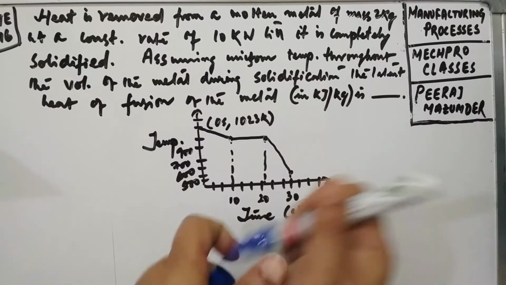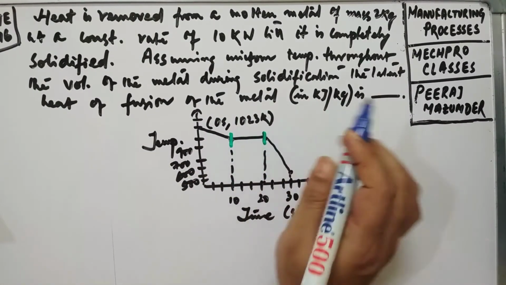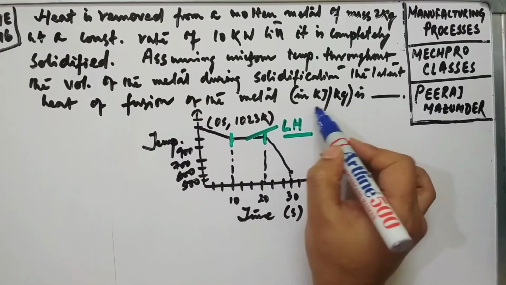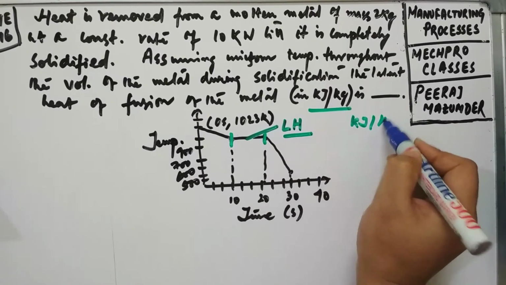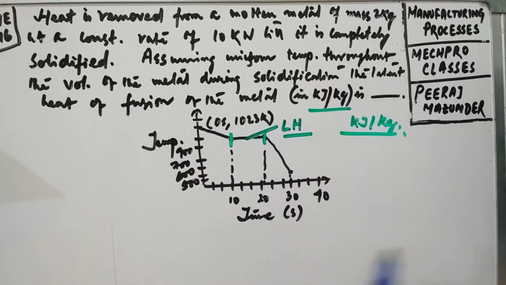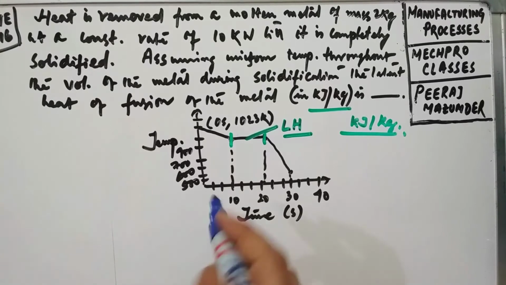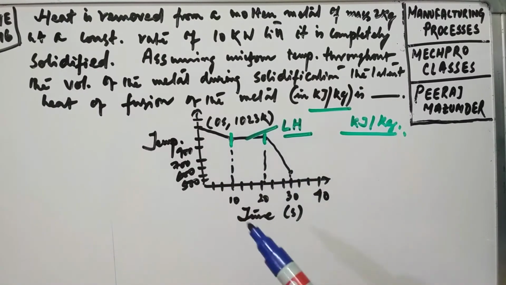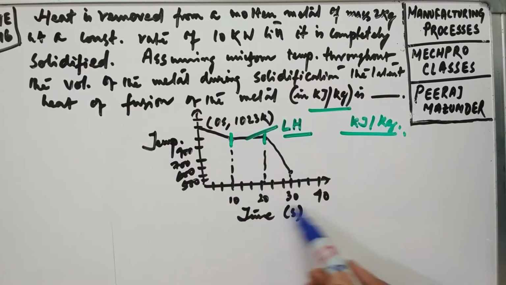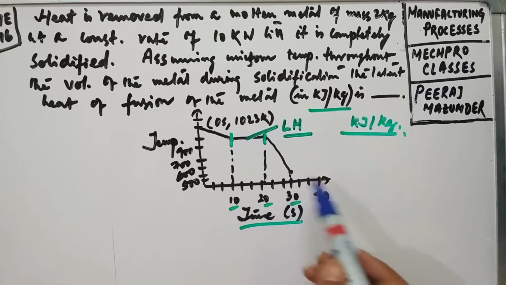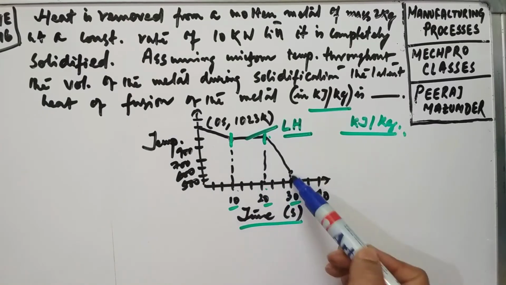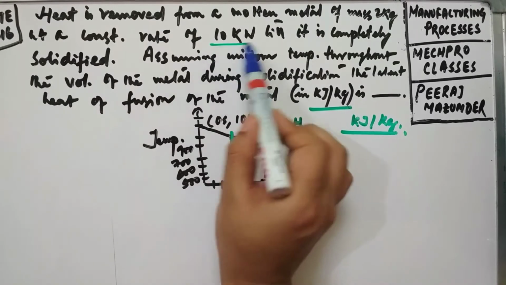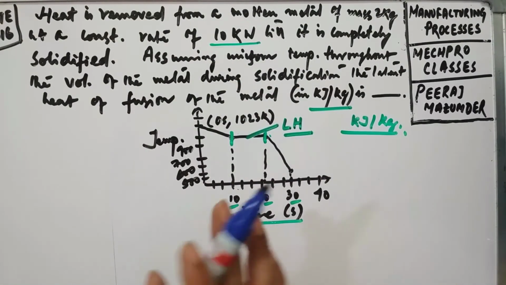Okay, so you already know this is the phase change, and here is the latent heat calculation. It is given in kilojoule per kg. You have to find the latent heat. Now look, we have been given this particular curve. It says 0 second and it is 1023 K. This is the time, in seconds. You can see 10, 20, 30. So this point is 10, this point is 20, this is 30. Now one more thing is given over here, that is the power.